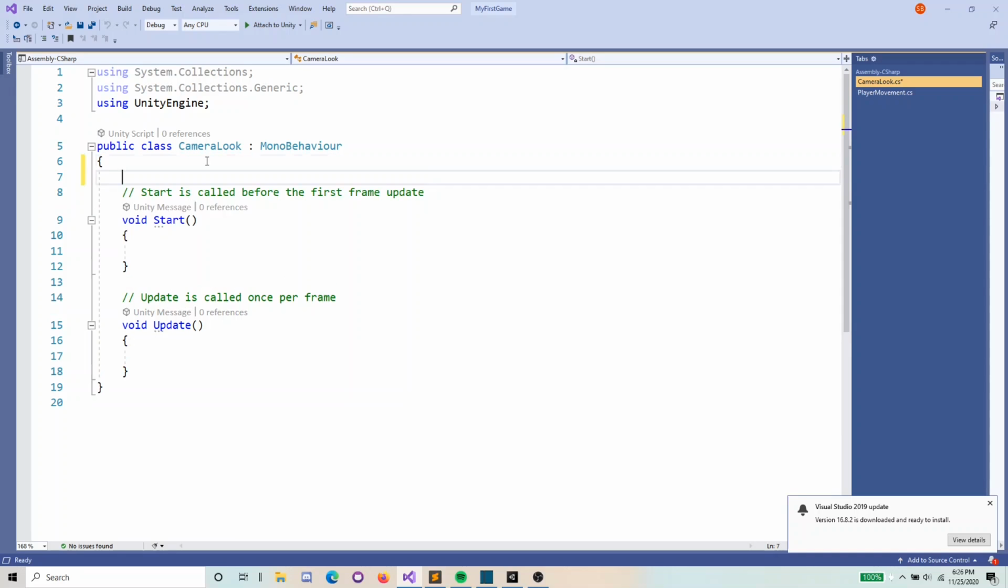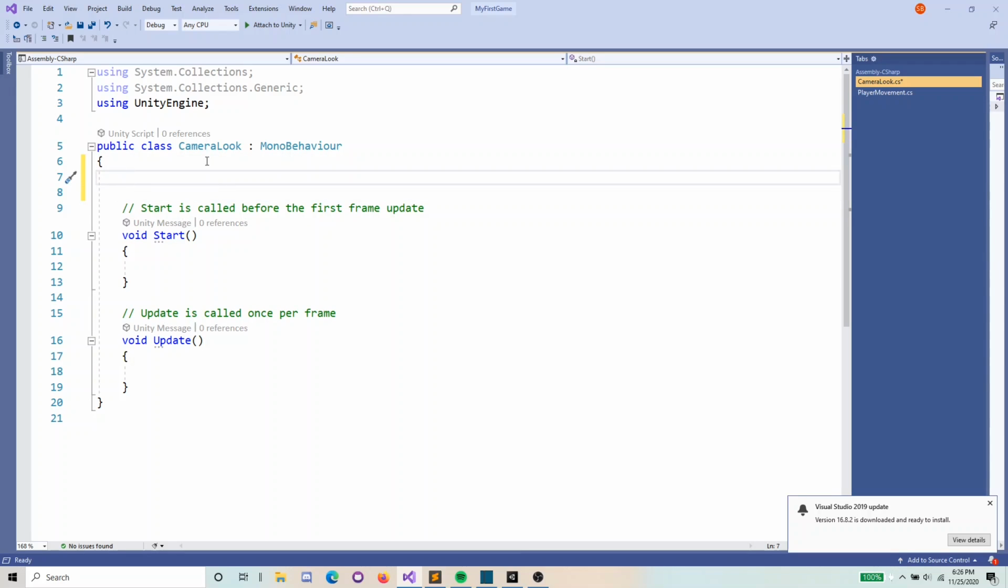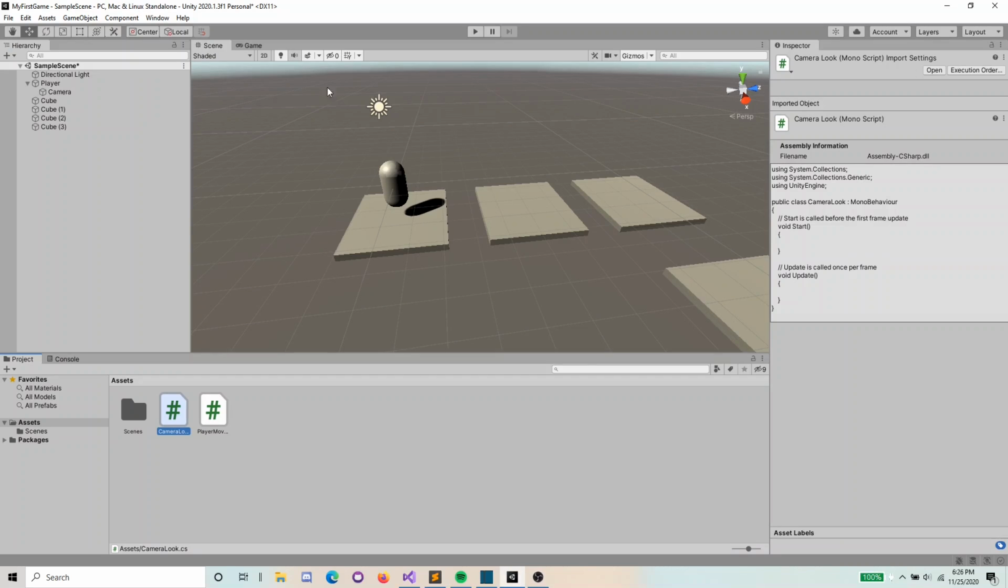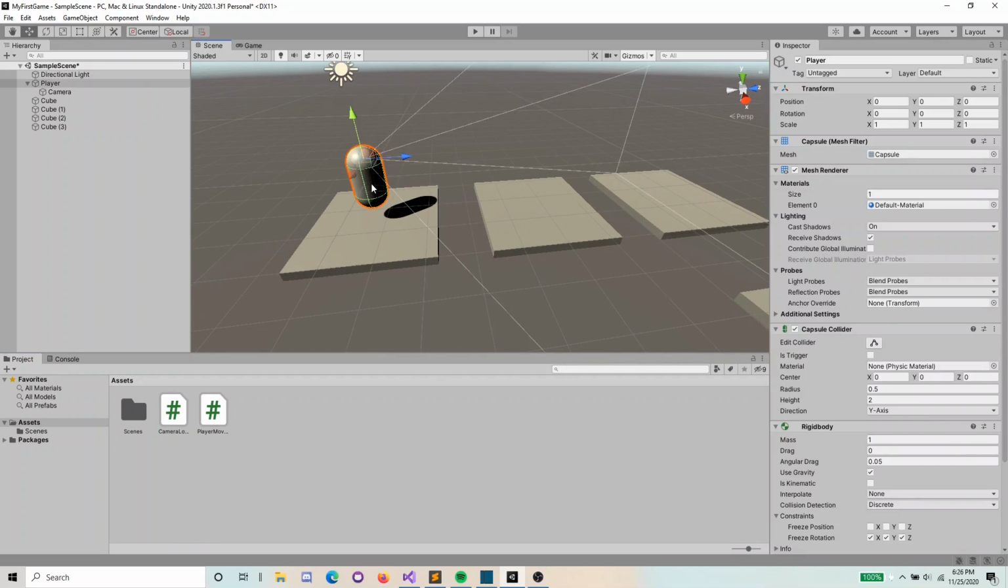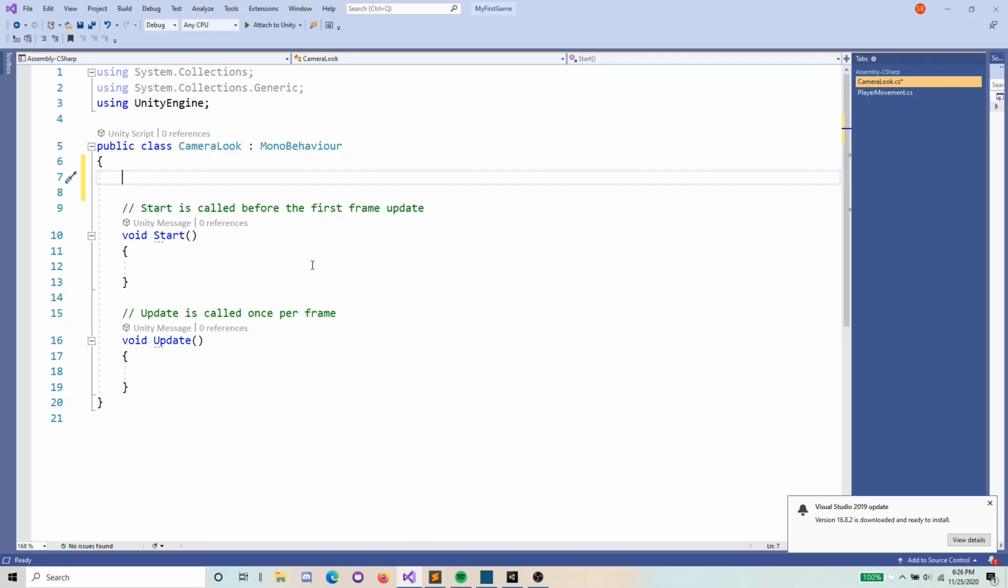Alright, so what we want to do for camera look is if the player decides to look left and right, we would like to turn the entire character like you would in real life. But if the player decides to look up or down, we would only like to move the camera and rotate the camera. So again, if I go into Unity,